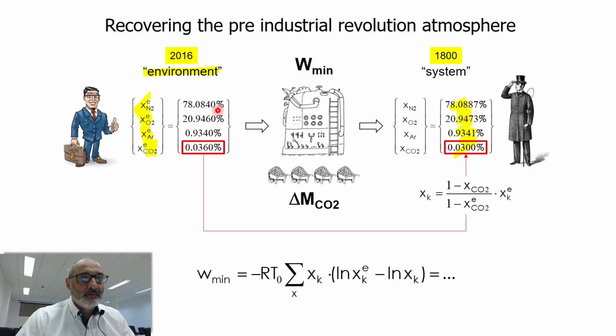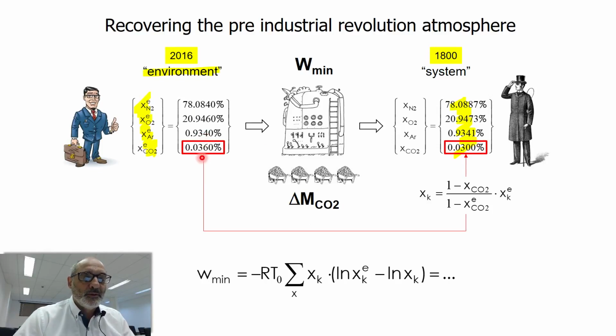You see, those are exact numbers, or correct numbers. The CO2 concentration today is 0.036%, okay, and before the Industrial Revolution, 0.0300%, okay. So if we remove CO2 from the atmosphere, so that this 0.036 drops to 0.0300, the other concentrations will change according to this equation here, okay. So the changes are actually very small,